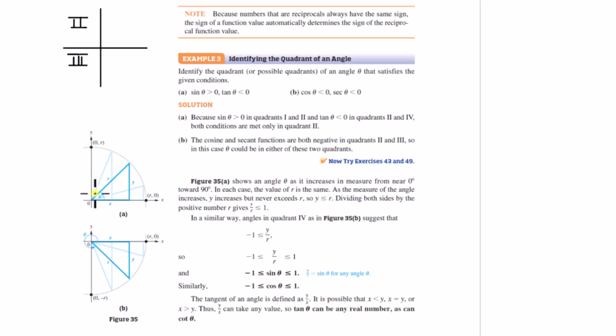So if we think about the radius being constant as we approach the vertical, the y value is always less than the radius. Even when we approach the horizontal, y is going to 0, but no matter what, in this first quadrant, the y value is always less than the radius, and the y value is 0 only at the horizontal, but at the vertical, the y value actually equals the radius,